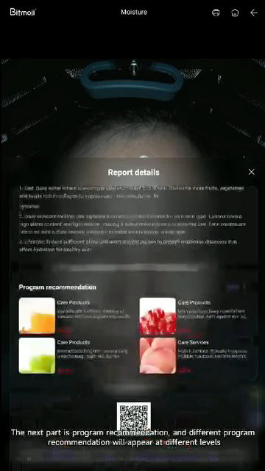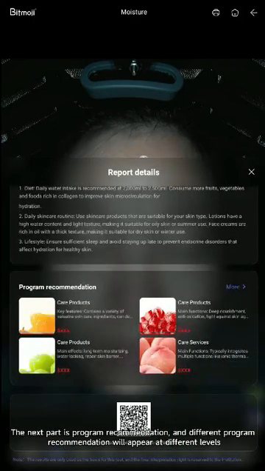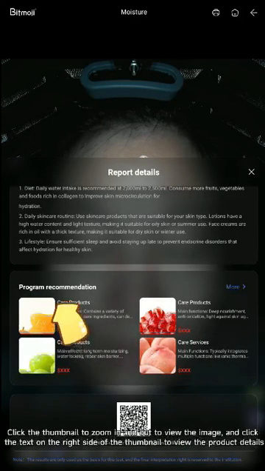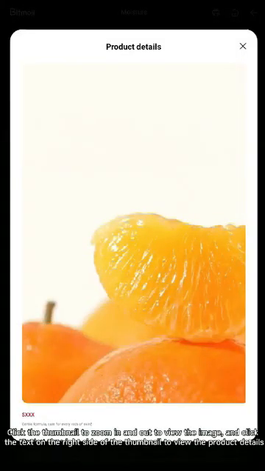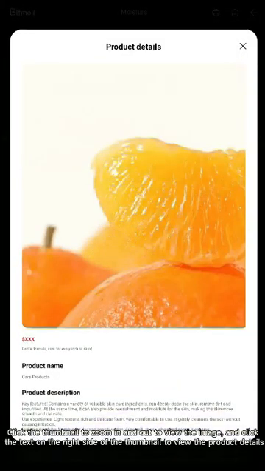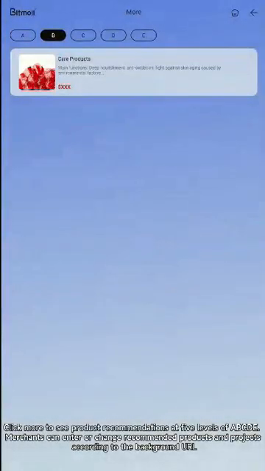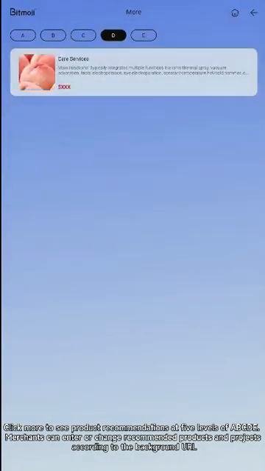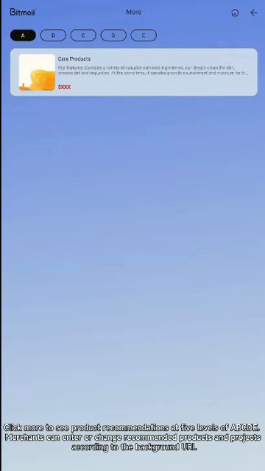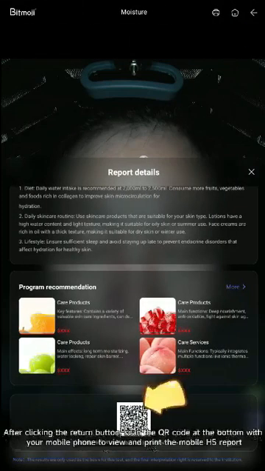The next part is program recommendation, and different program recommendations will appear at different levels. Click the thumbnail to zoom in and out to view the image, and click the text on the right side of the thumbnail to view the product details. Click more to see product recommendations at 5 levels of ABCDE. Merchants can enter or change recommended products and projects according to the background URL. After clicking the return button, scan the QR code at the bottom with your mobile phone to view and print